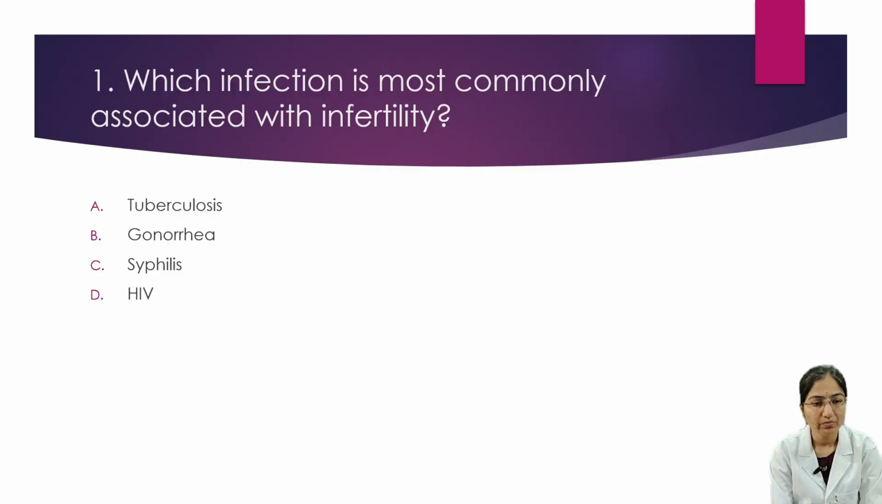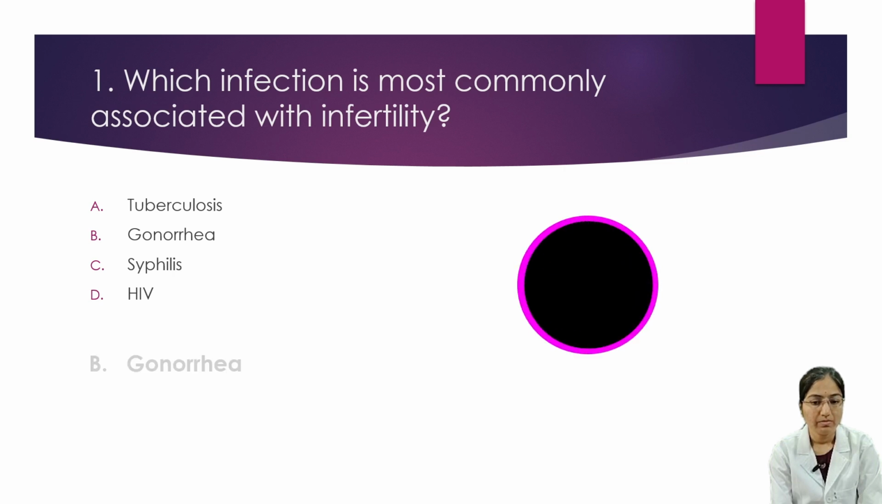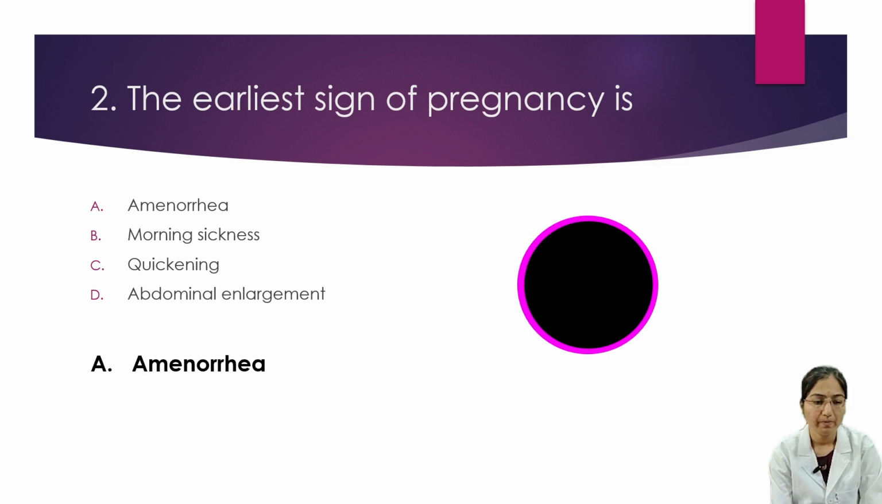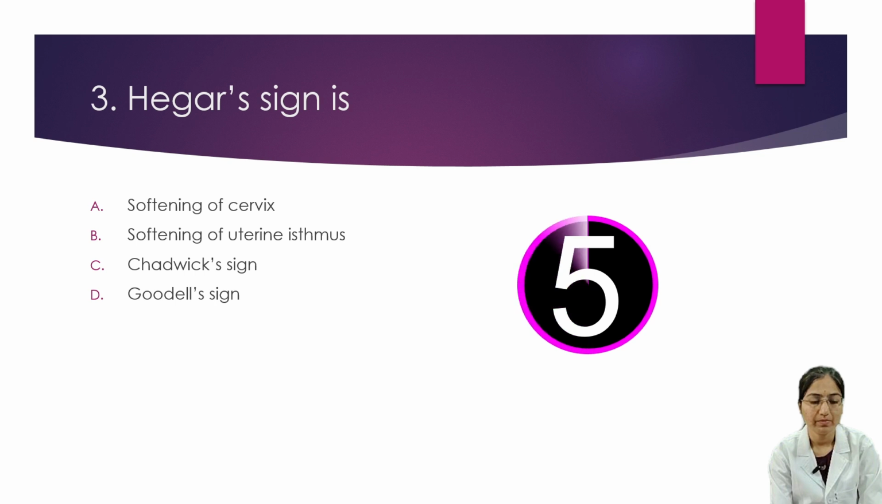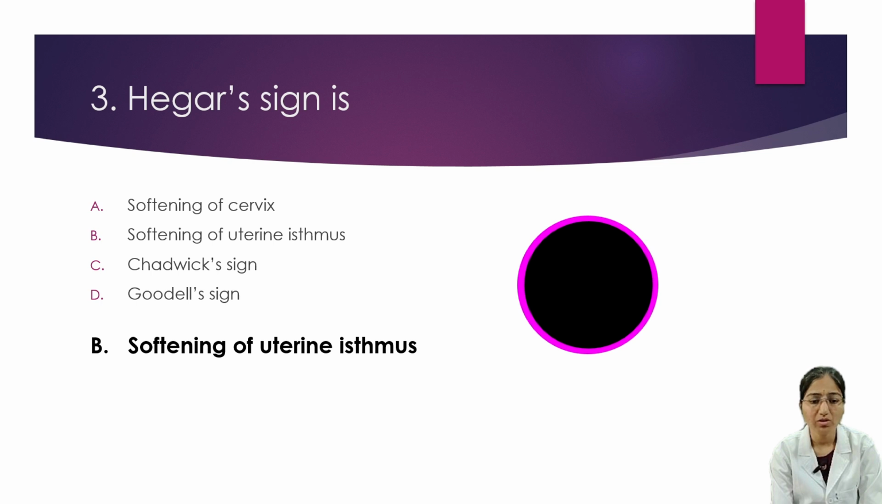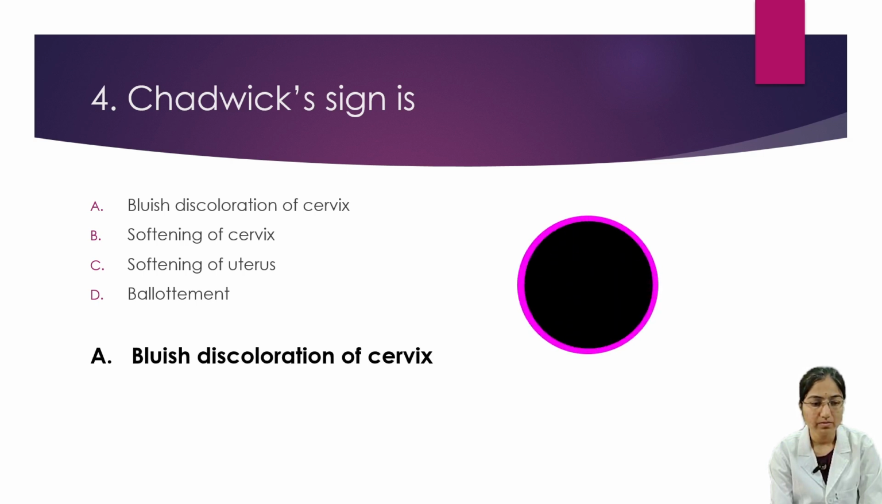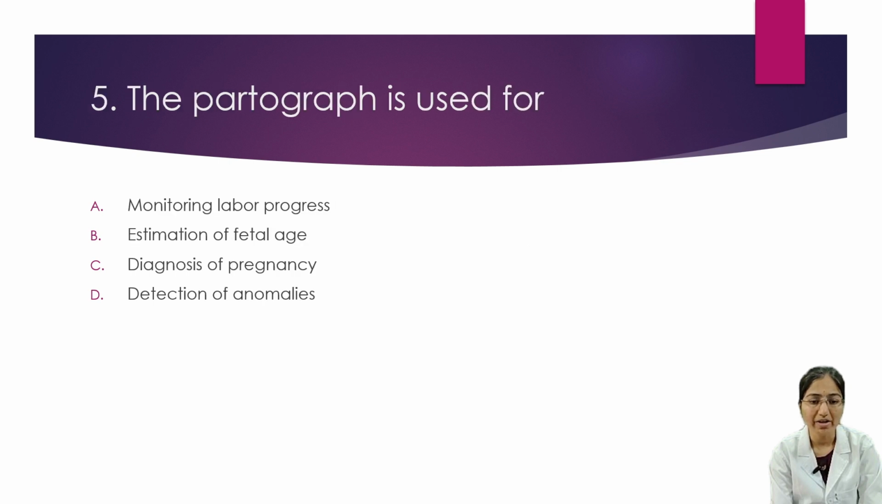We'll see the first question. Which infection is most commonly associated with infertility? Gonorrhea. The earliest sign of pregnancy is amenorrhea. Hegar's sign is softening of uterine isthmus. Chadwick's sign is bluish discoloration of cervix. The partograph is used for